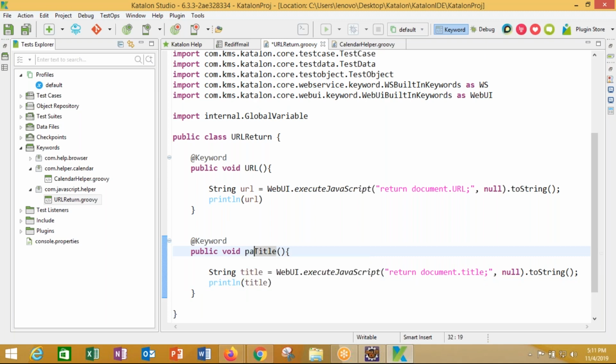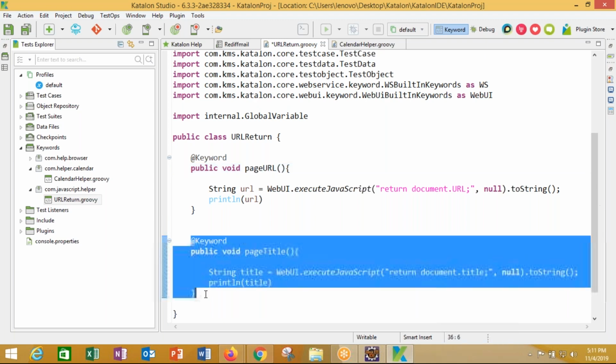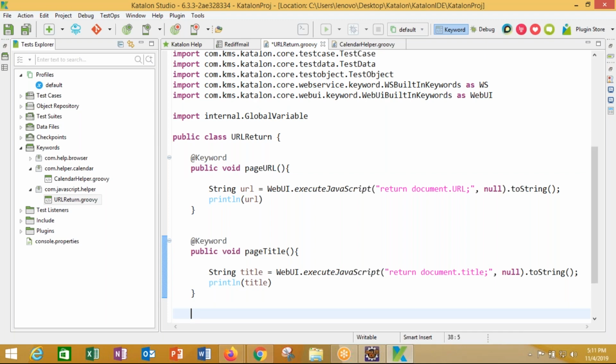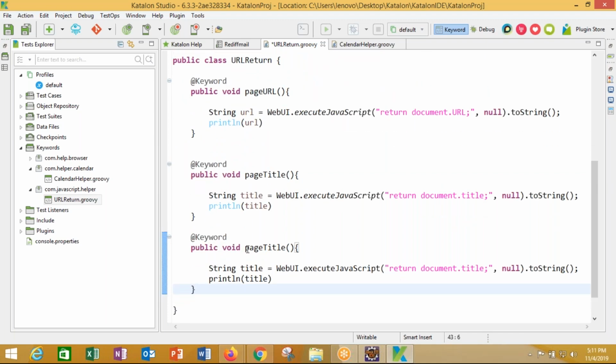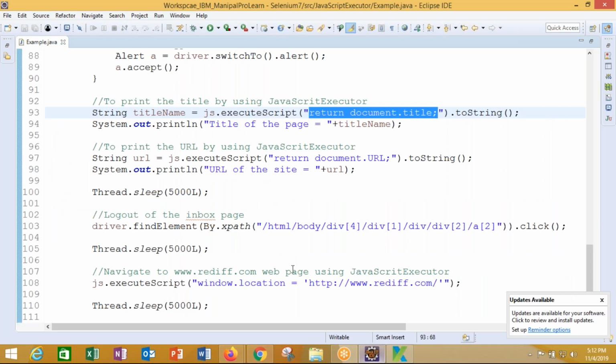Call this page title, page URL, and one more keyword you can create as a keyword driven navigate page. For navigating a page we can use